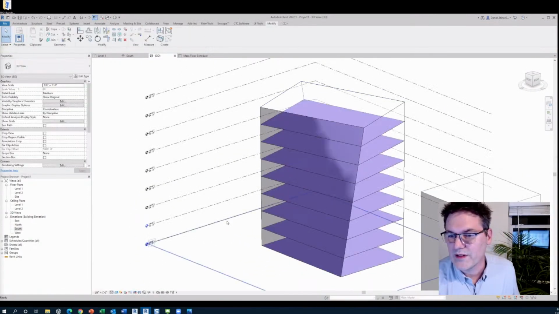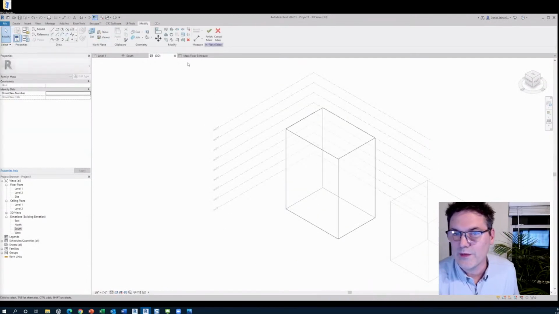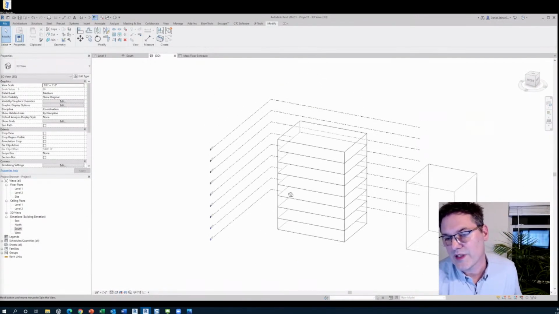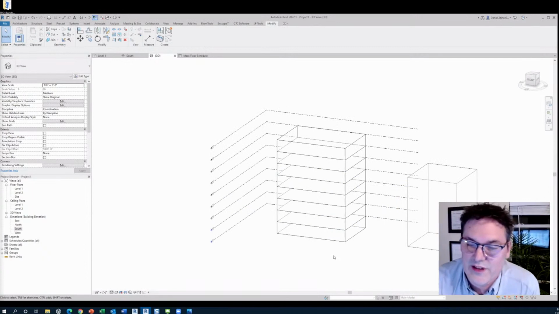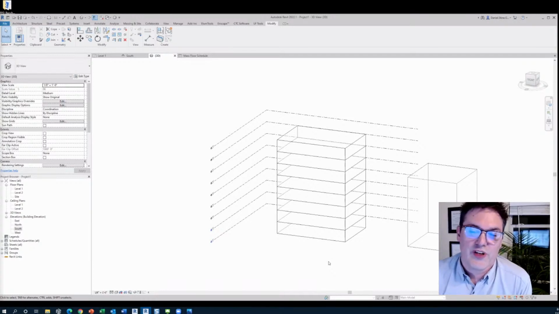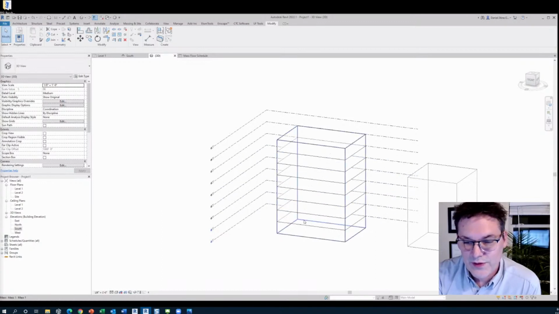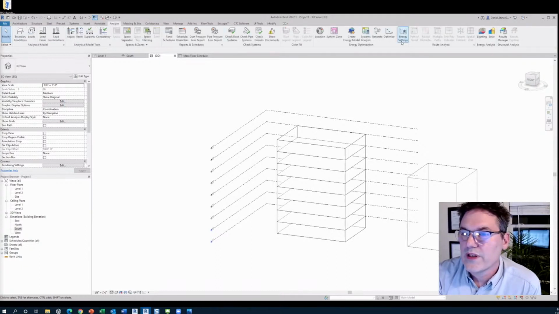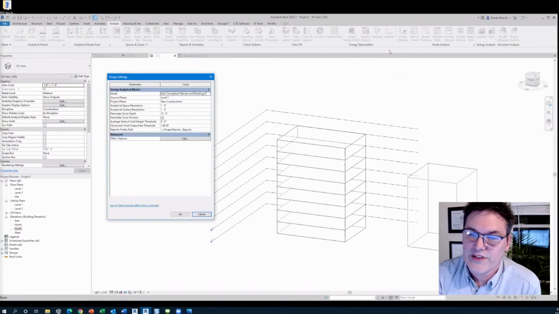There's lots of different adjustments that you could continue to make to this. But I'm just going to undo this and keep it simple for now. What I just did there would totally work, but we're just going to keep it simple. So basically we have the geometry part dialed in. We have the mass, we have the mass floors applied, and there's only one other thing that we need to do. If we go into energy settings,